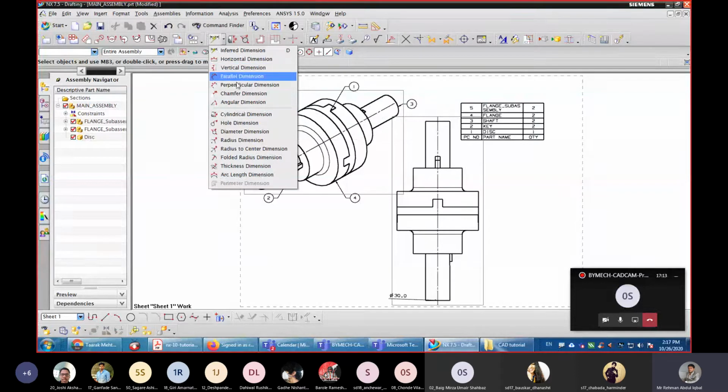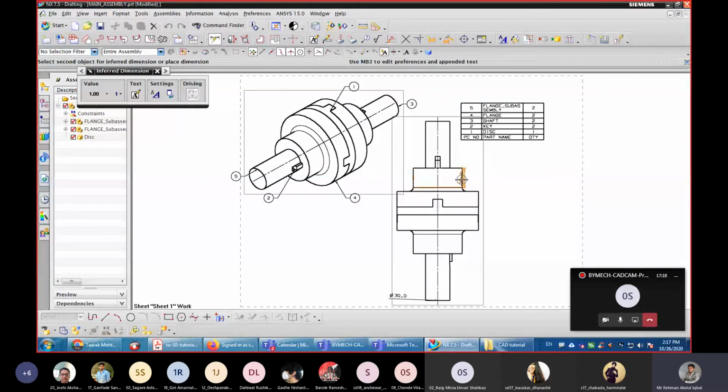Cylindrical dimensions, parallel, vertical, horizontal, inferred dimension, you can select like this and give the dimensions.